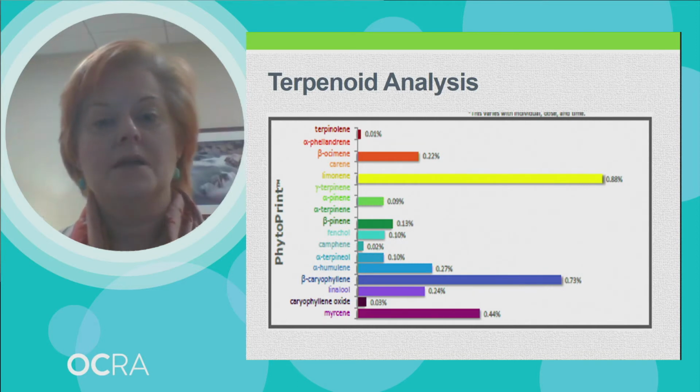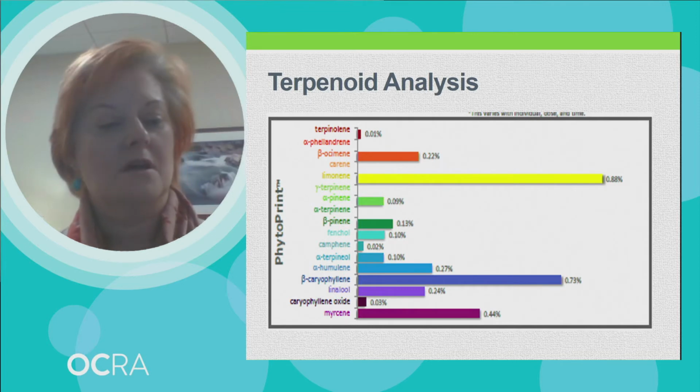to reduce pain. And you have a fair amount of myrcene relative to some of the other ones, so it might be slightly sedating. So that's just to give you an example of what using a terpenoid analysis might tell you about a particular preparation.